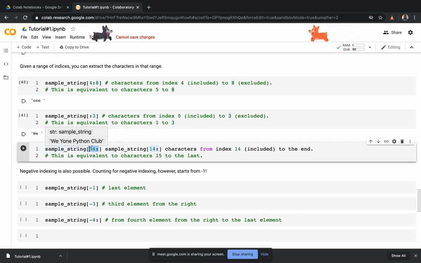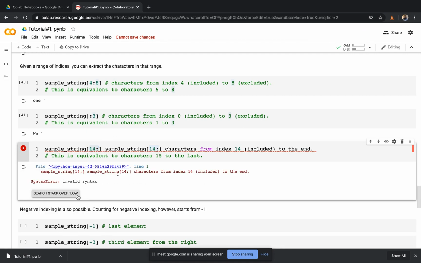So you just add 1 to the lower range and leave the upper one fixed. Like here, 5 to 8 means from character 5 because it's 4 plus 1, to 8. That's the pattern. Okay, so again, if you run this,